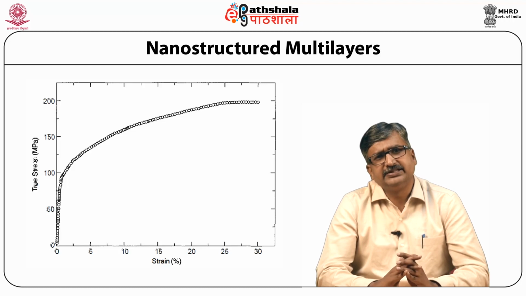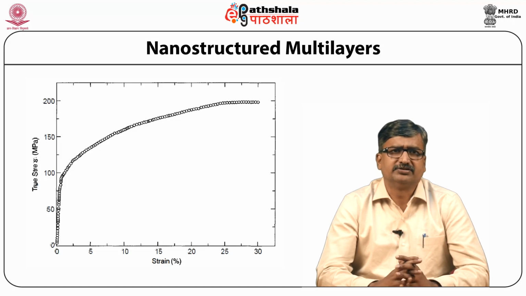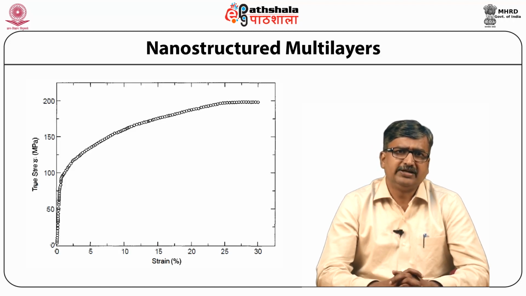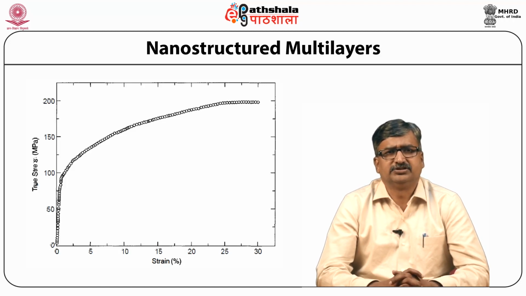These layered materials are fabricated by various vapor phase methods such as sputter deposition and chemical vapor deposition. They can also be made by electrochemical deposition, which is discussed in the section